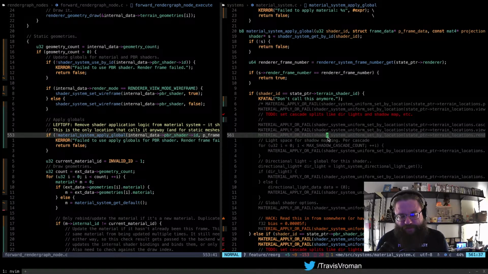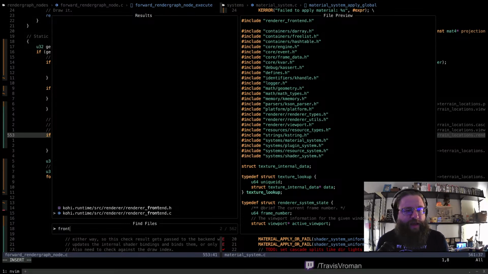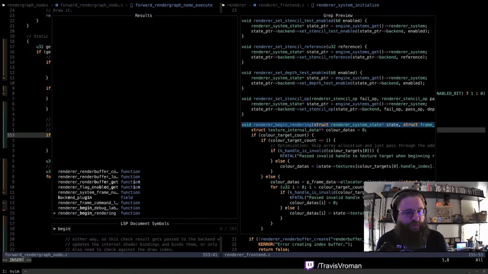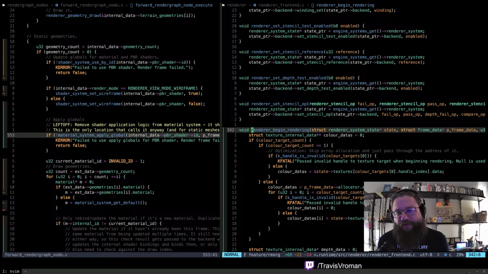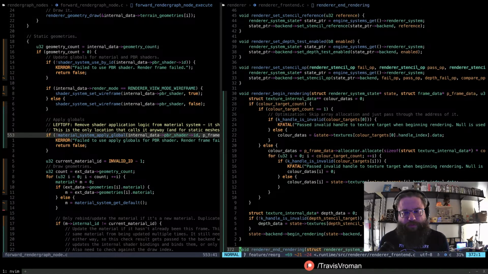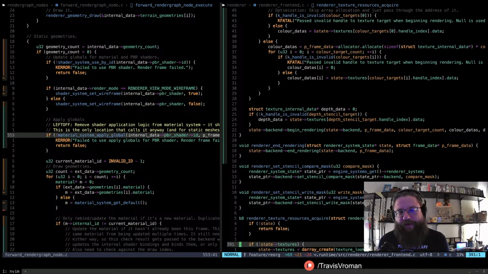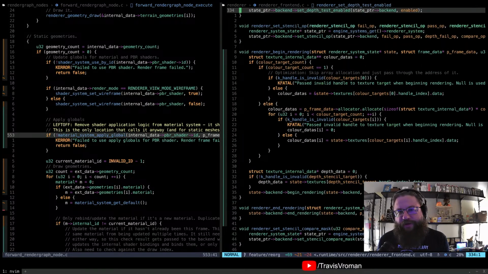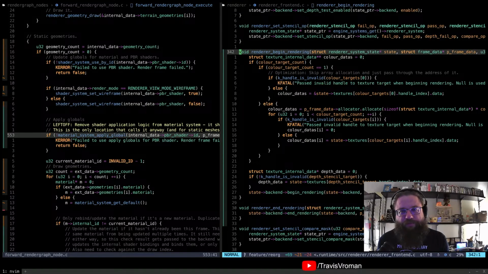offline. And so essentially what we have now on the renderer front end is renderer begin rendering, and then down here we have renderer end rendering, right? That passes through to the back end, and then that executes all of the logic that we saw in the last stream. We'll take a quick second just to review all of that as well. I do believe there was a bit of that we hadn't covered on the last stream,